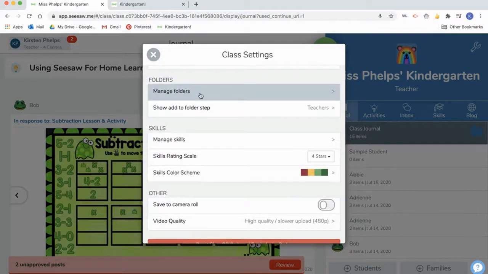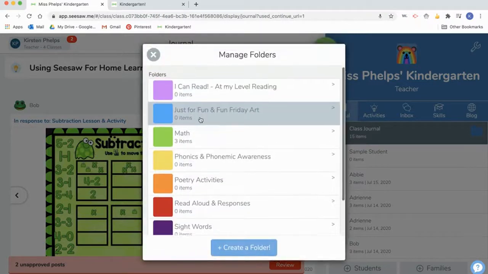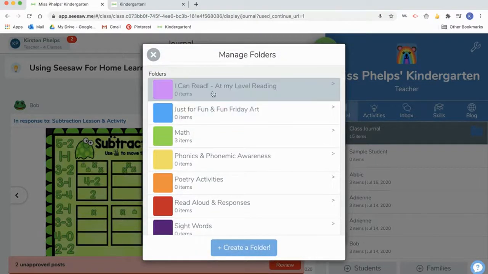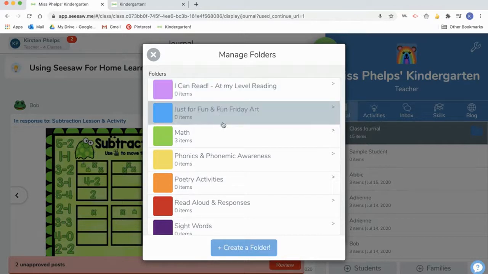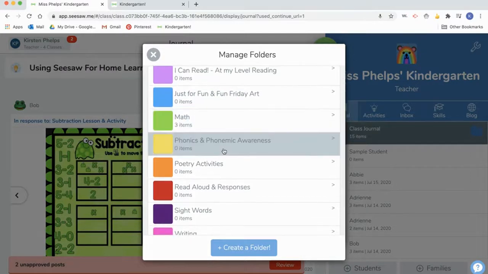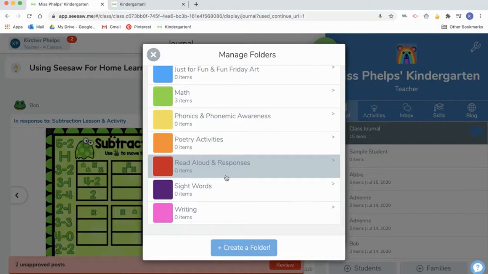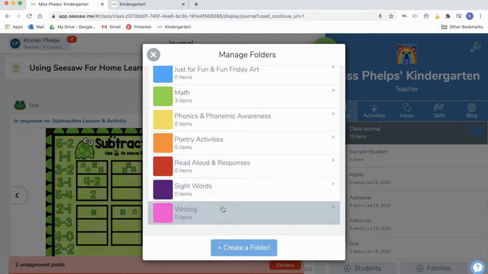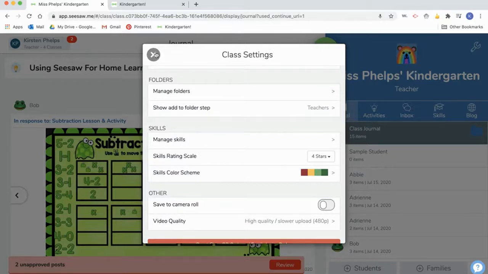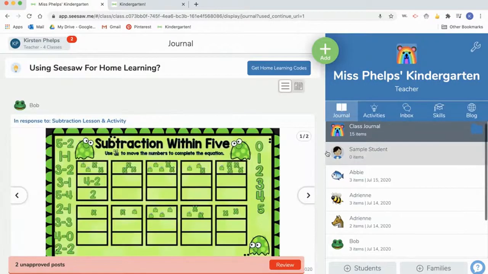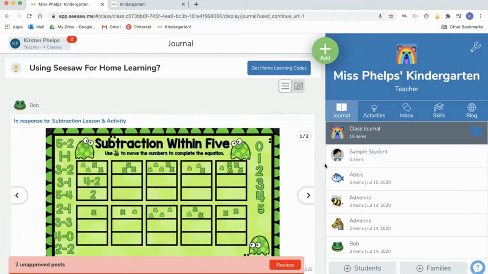And managing folders. So here are the folders that I utilized last year. I can read students reading at their level, just for fun, like videos and things and art projects, math, phonics and phonemic awareness, poetry, read aloud responses, sight words, and writing. You can create your own folders, but what that looks like in Seesaw is you